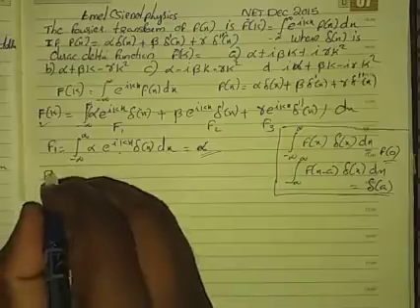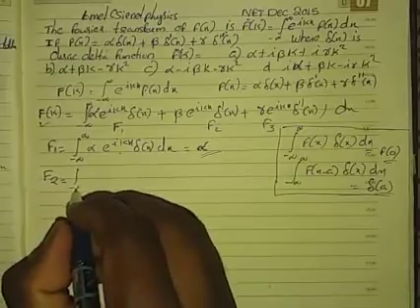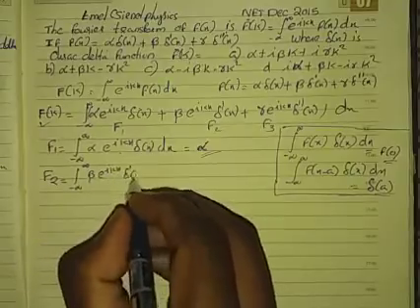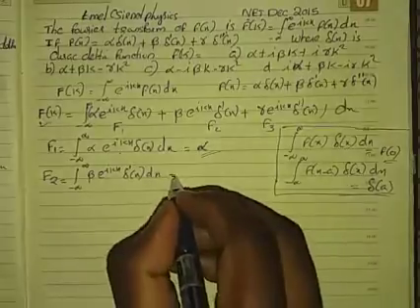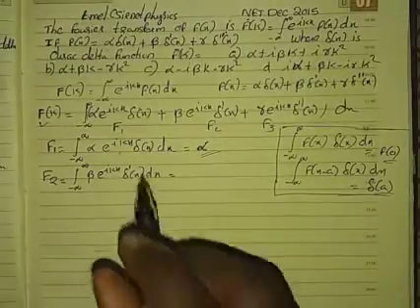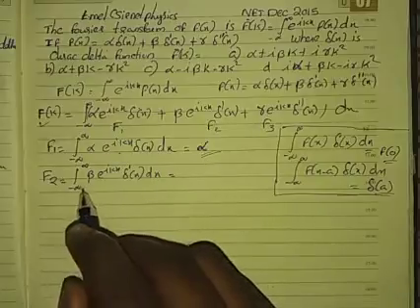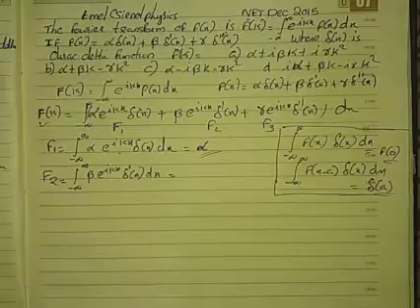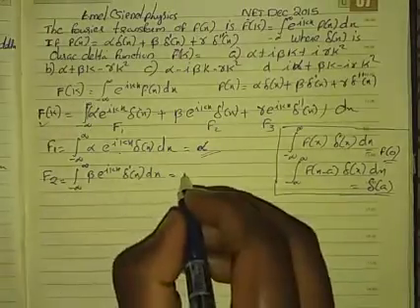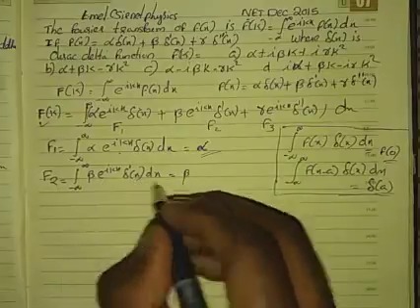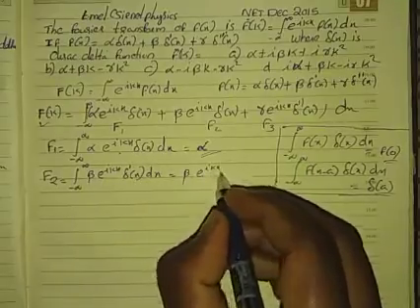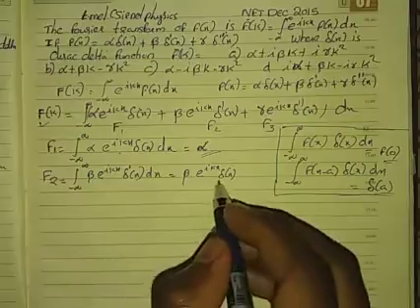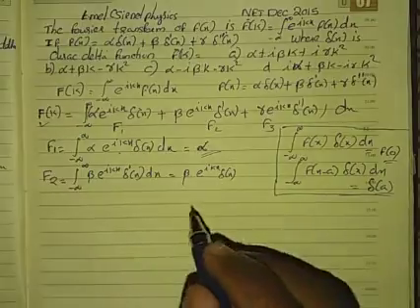That's F1. Now F2 is equal to the integral from minus infinity to infinity of beta times e raised to i k x into delta dash of x dx. This is a bit different because there is a derivative of the delta function in here, so we cannot just integrate things out. We have to integrate this as a product of two functions, using integration by parts. You can take out the beta, and say first function into the integral of the second, which is delta dash of x, and the integral of that will be delta of x,